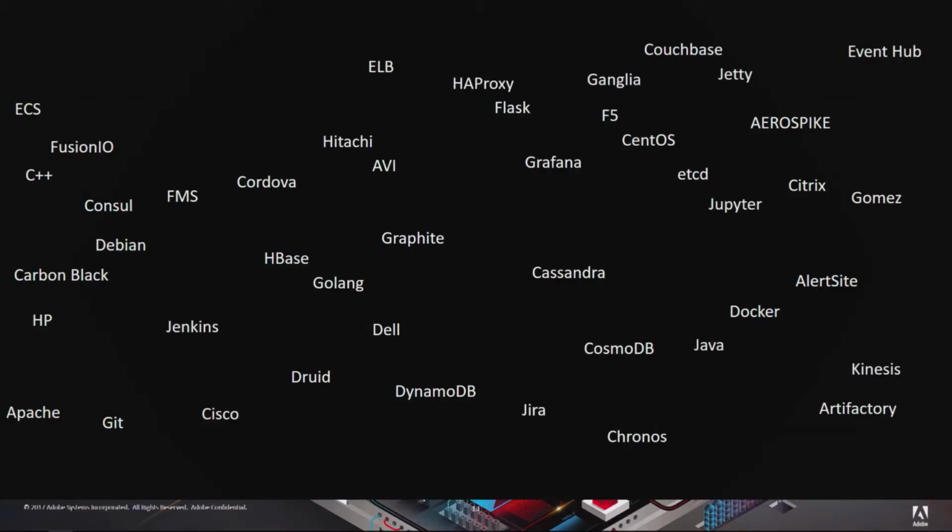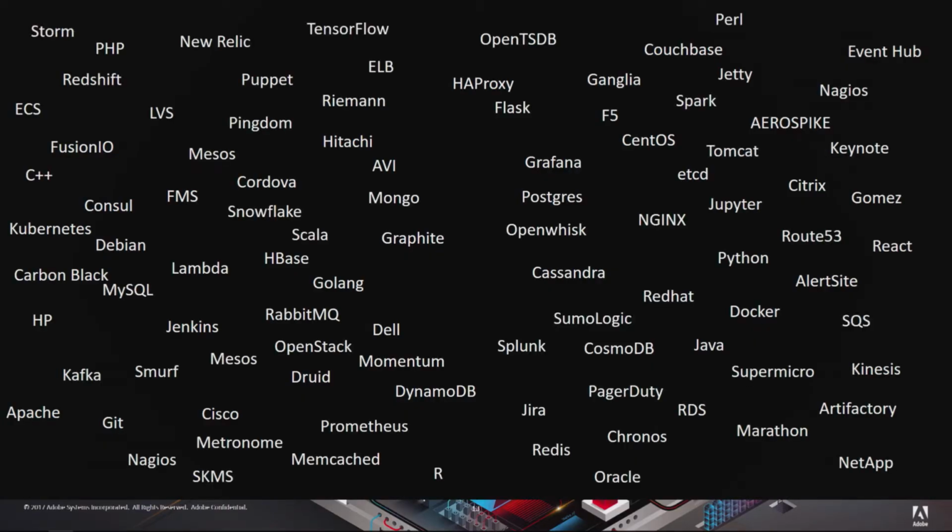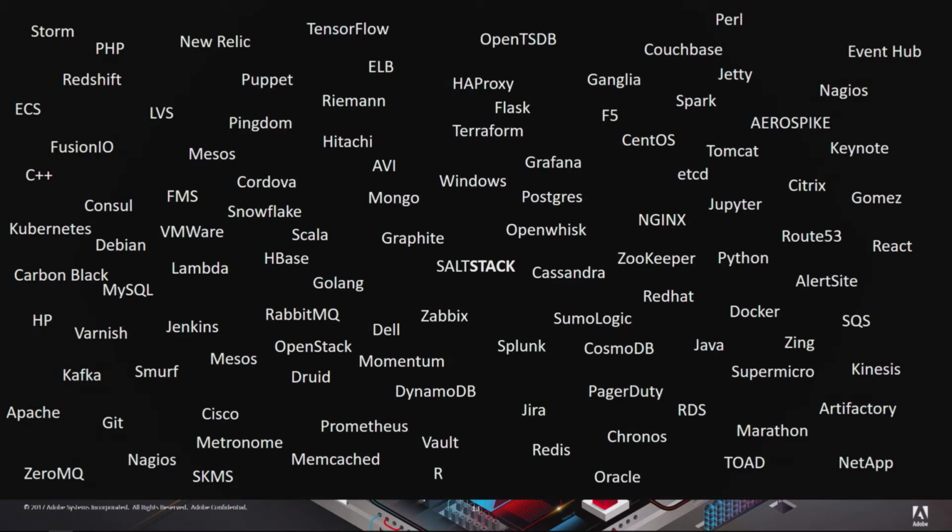This is a little bit of a sample of the technologies that we have in production today. This is not just a Git star select or something. This is legit. And these are all of the products, services, and technologies that we're leveraging today to help deliver. So I know what you're thinking right now. Rich, isn't the director of architecture supposed to bring some simplicity and clarity to the infrastructure? Clearly, I am failing,